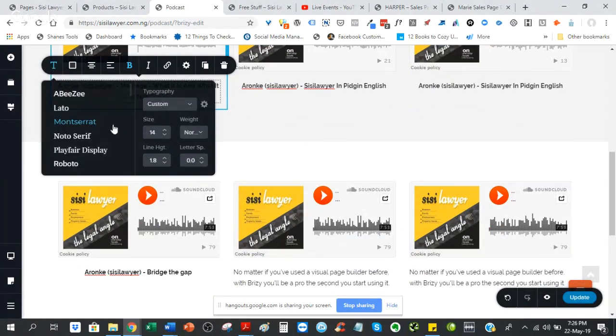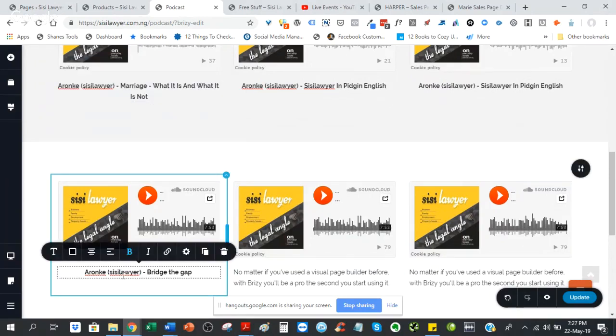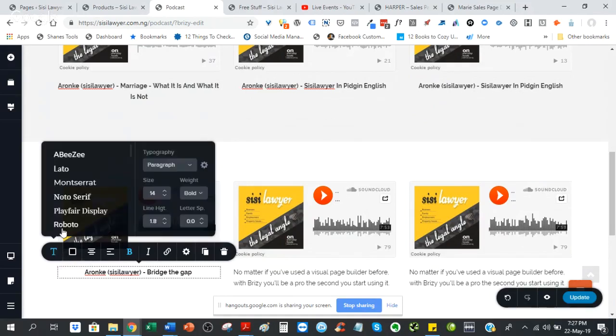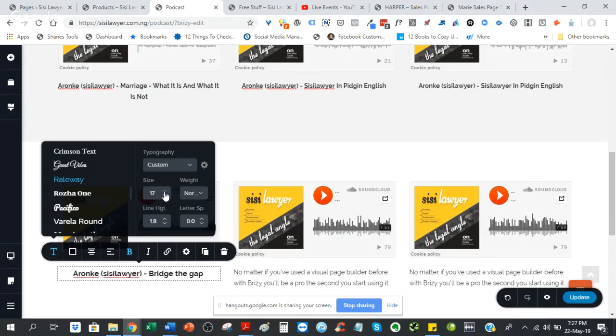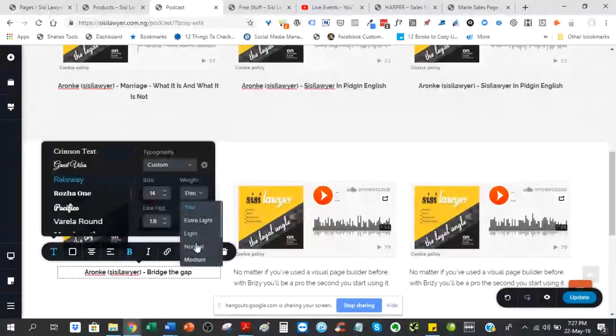For font, if you want to change the font, come to the text section and click on the big T. It gives you the kind of font you want, so you can always play around with the fonts. Select the kind of font you want, select the size, change the size, reduce the sizes. If you want it to be normal, if you want it to be teen, if you want it to be a